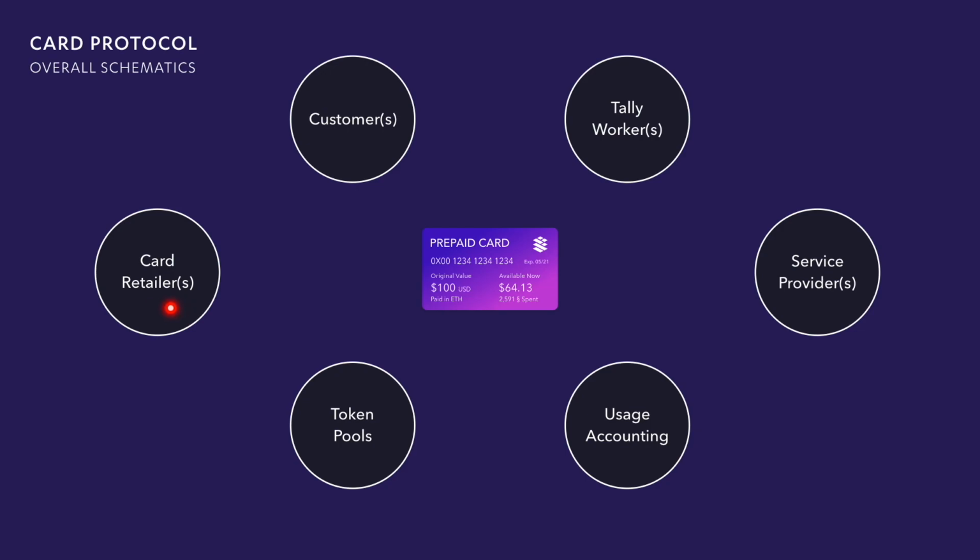So we've talked about the retailer, someone who's going to sell you the card, someone who is going to sell you the prepaid balance. We'll talk about the token pool or the value pool, where all the cards, all the Ether, USD coin, Bitcoin, and obviously card token that's pooled together, exists on a smart contract that you can look at and say, hey, how much is in this network across all these cards that are being issued?